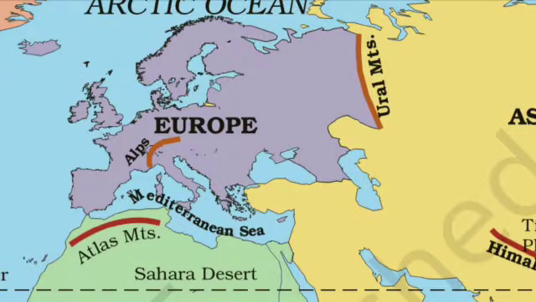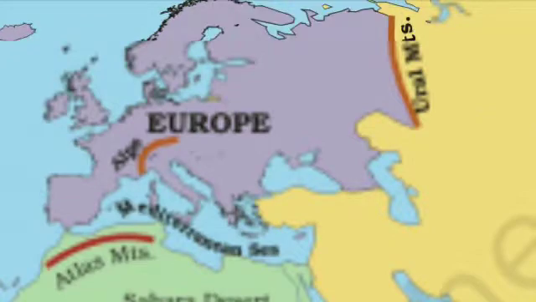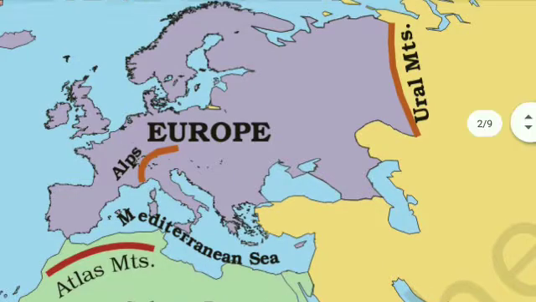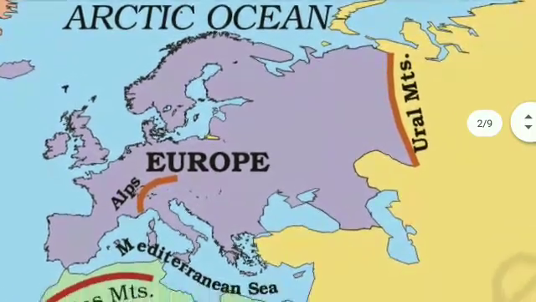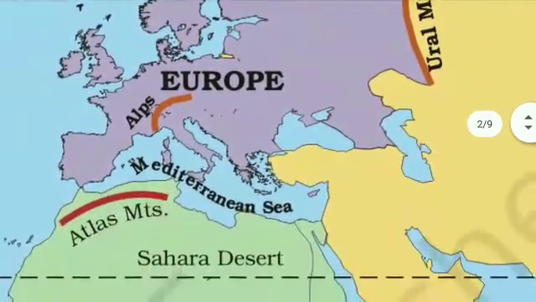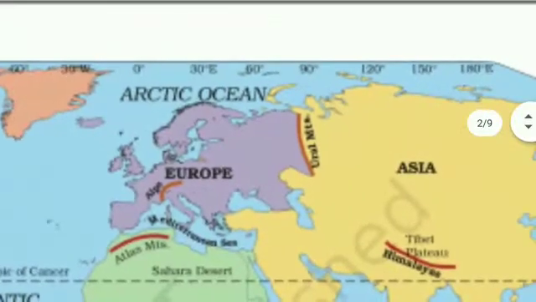Next is Europe. Europe lies to the west of Asia and is much smaller than Asia. It is bound by water bodies from three sides. The Arctic Circle passes through Europe. Clear, children? Now, next one is